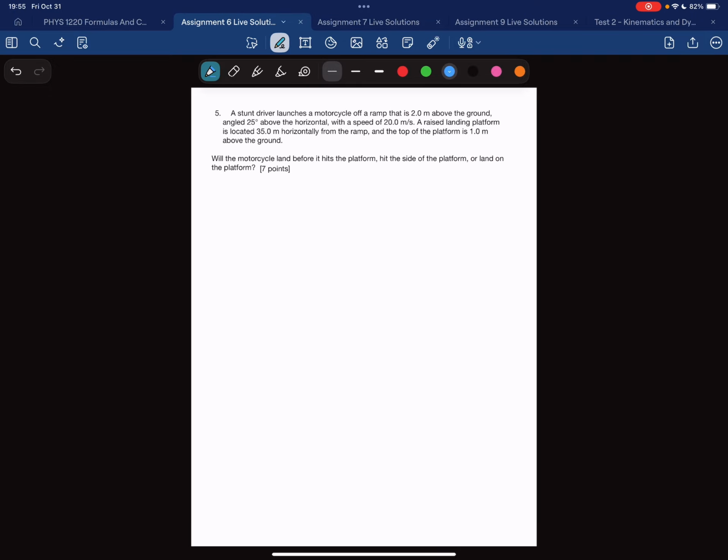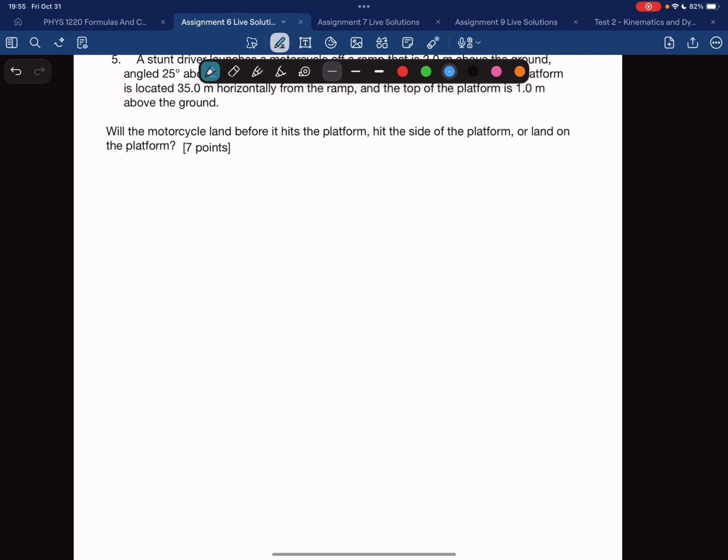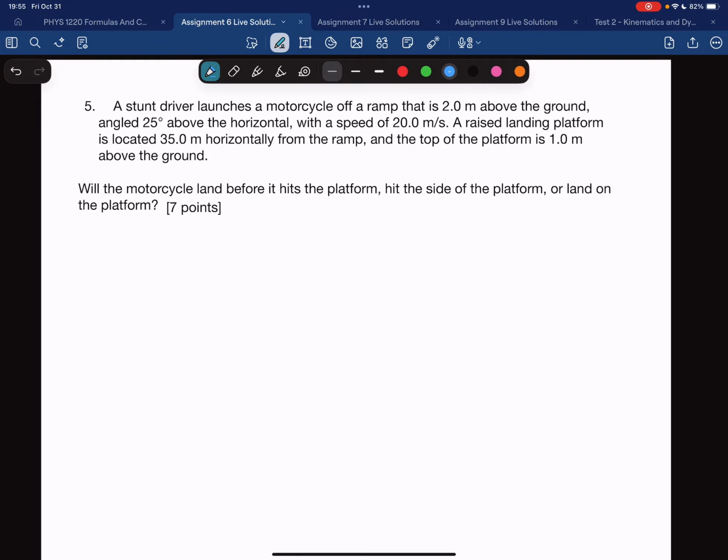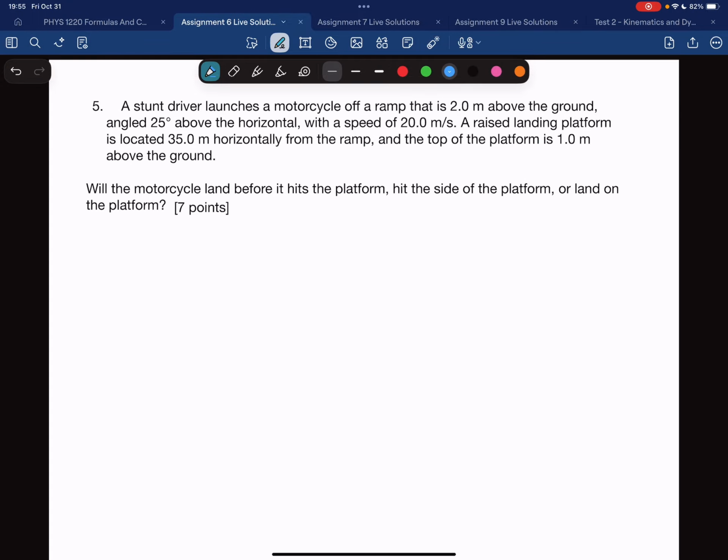Number 5, last question. A stunt driver launches a motorcycle off a ramp that is 2 meters above the ground, angled 25 degrees above the horizontal, with a speed of 20 meters per second. A raised landing platform is located 35 meters horizontally from the ramp, and the top of the platform is 1 meter above the ground. Will the motorcycle land before it hits the platform, hit the side of the platform, or